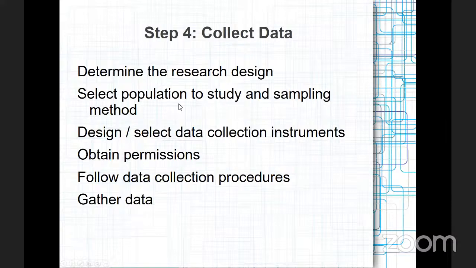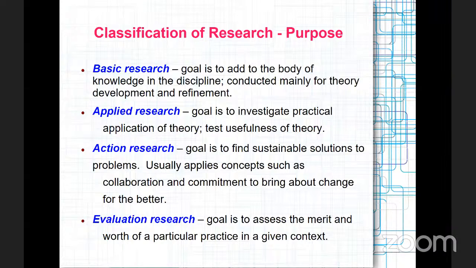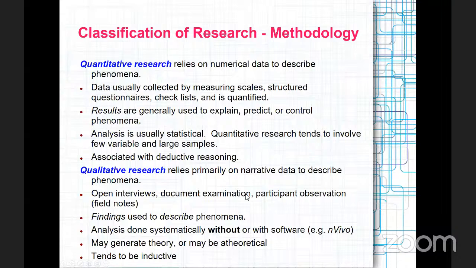We don't have time today to talk about collecting data, analyzing the data, reporting on the data. There are different types of research: basic, applied, action, and evaluation. We're most concerned maybe in this class about applied research, but all of these are also important. Basic research is really important. All big advances in technology have come because there's been excellent basic research, which has led to the applied research. Action research is when you do research to figure out problems on the ground. Evaluation is where you're doing research to evaluate something that's happening in practice. We're just going to skip all this for another day.